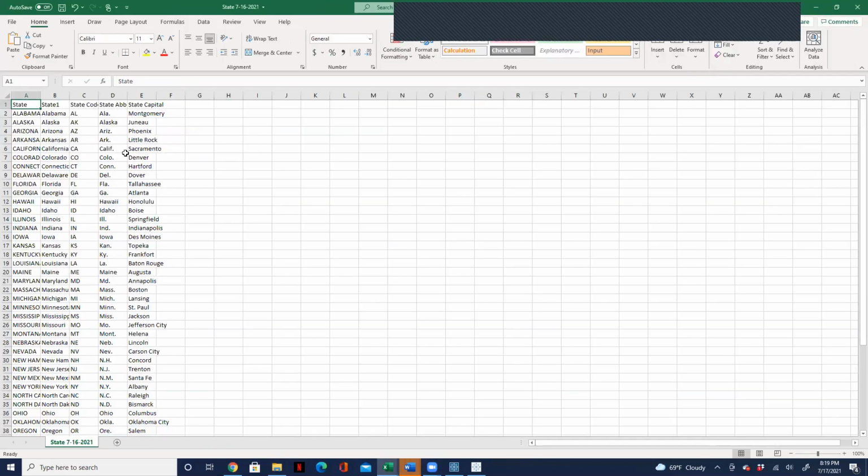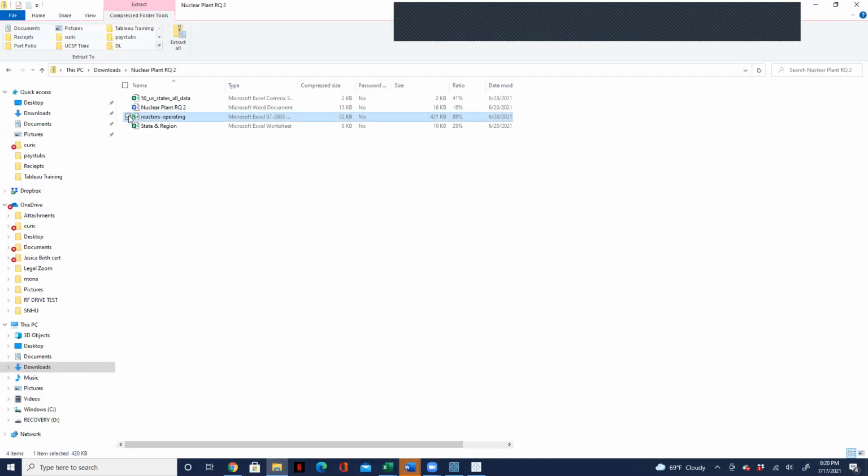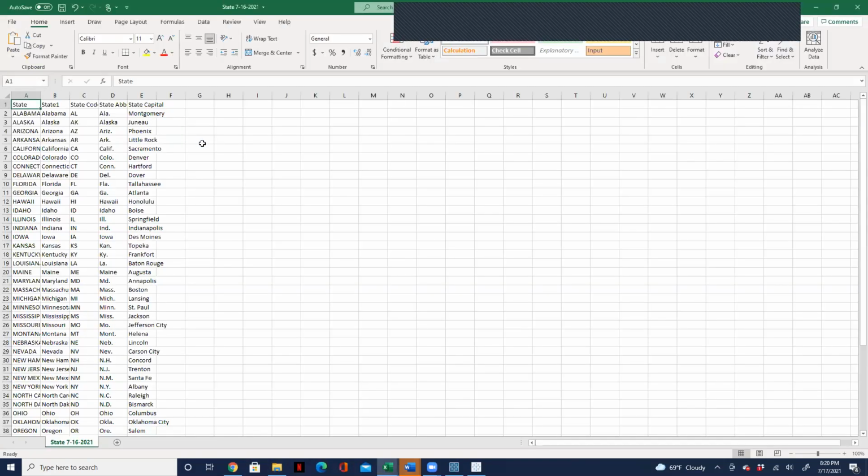This data source, one has the states, the capital, and it's not really clean, but it has what we need to bring in all of the states. And then for the region as well, we were also given another file that contains the region.